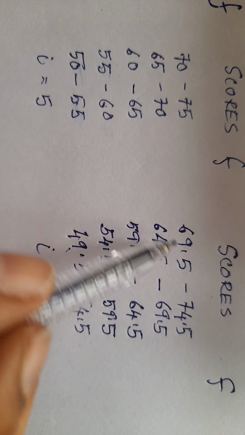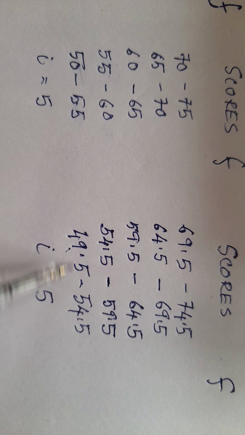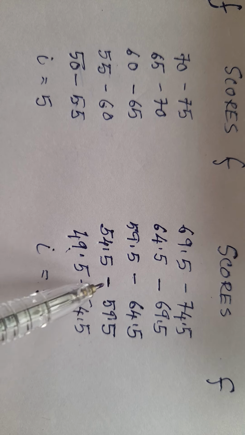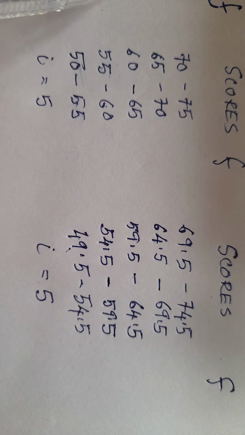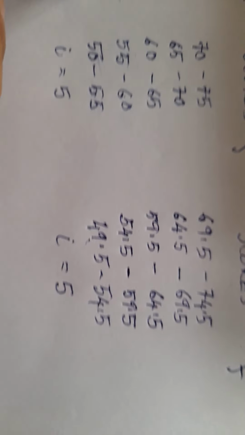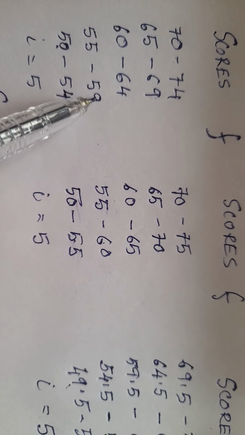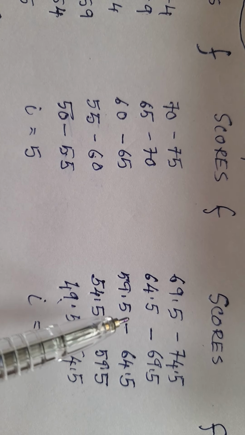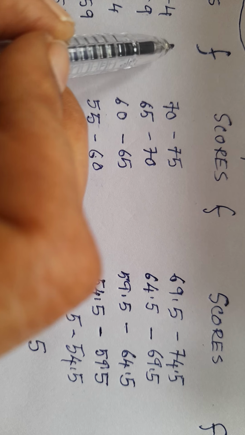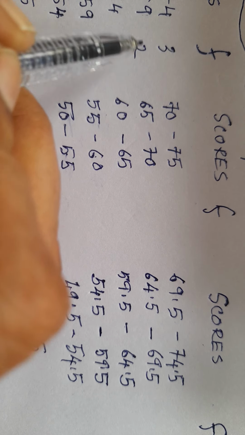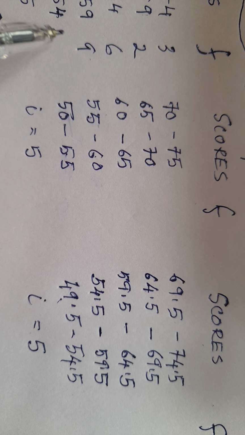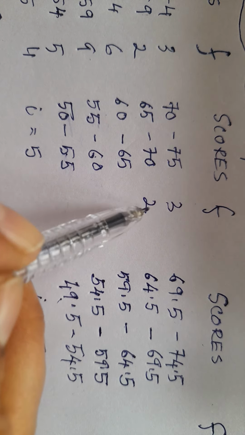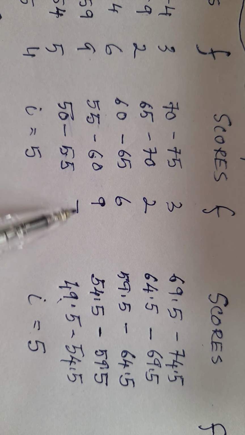That is, this is the real inclusion of numbers in the groups, and it is exact. Okay, whereas here in the first method there are gaps. According to statisticians, there are 0.5 gaps. This has no gaps. Again, this has no gaps. The frequency is the same. See, I am putting the frequencies 3 2 6 9 5 4. Here also it's the same, 6 9 5